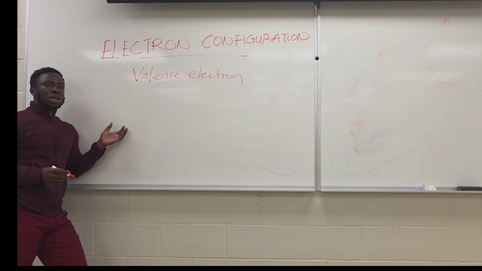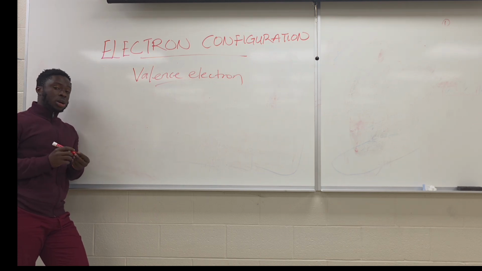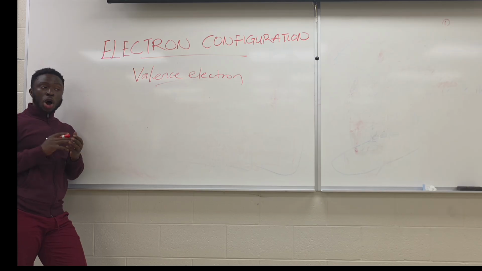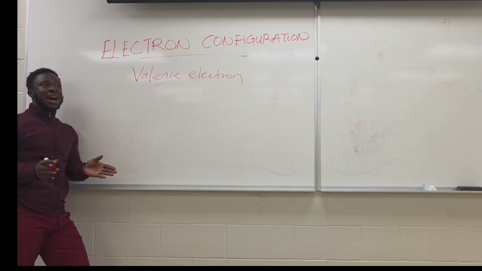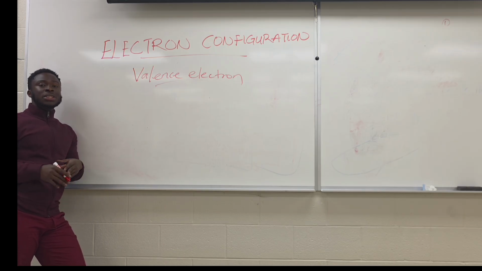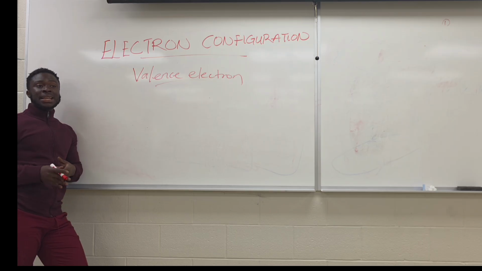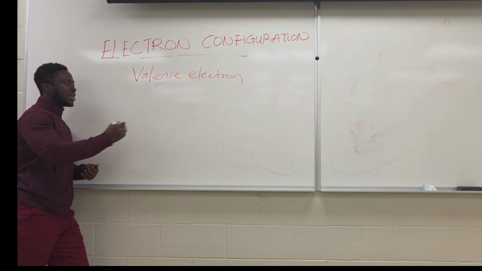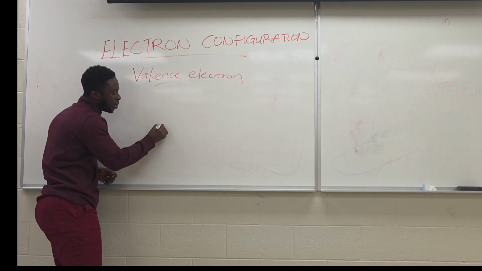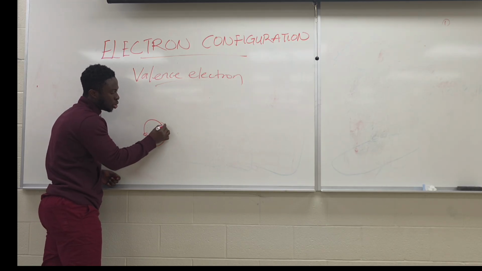And this electron almost always dictates the behavior of the atom. The reason it does that is because it is the only electron that is involved in bonding, that is involved in chemical reactions, that can either be lost or gained. Because it is very far away from the nucleus,